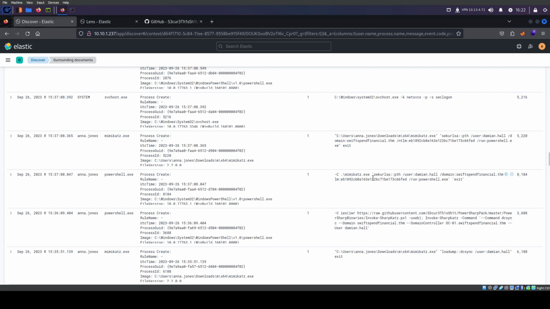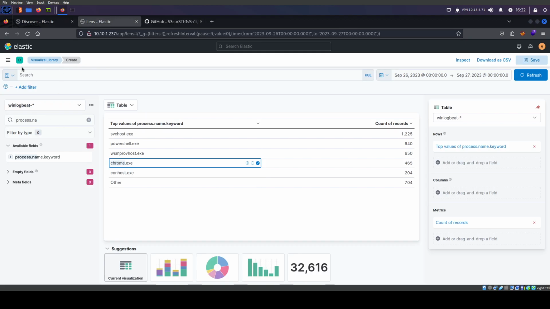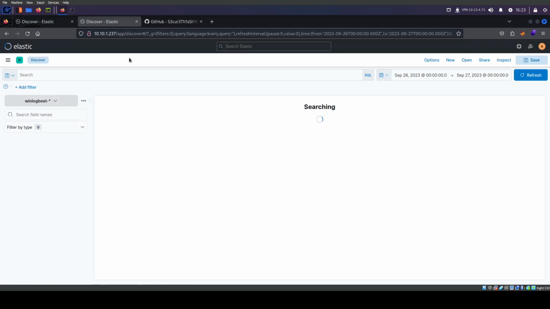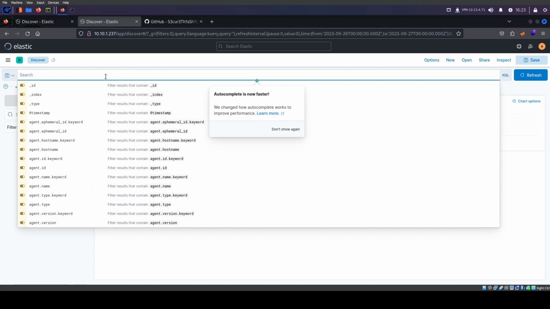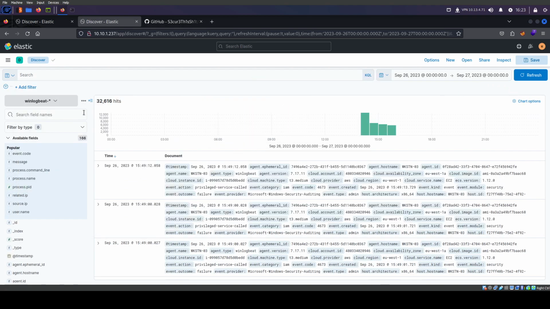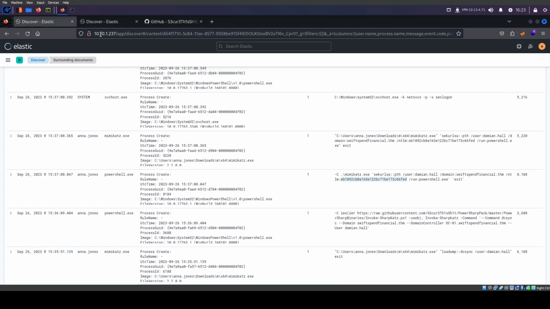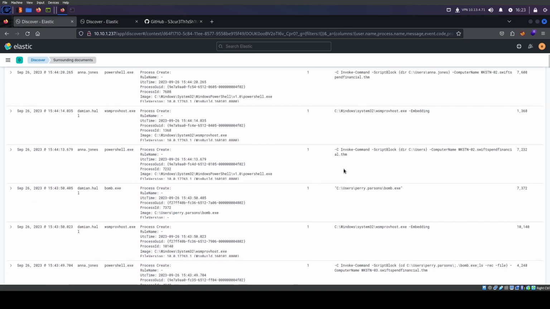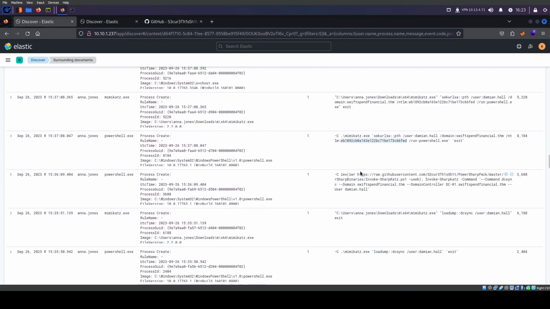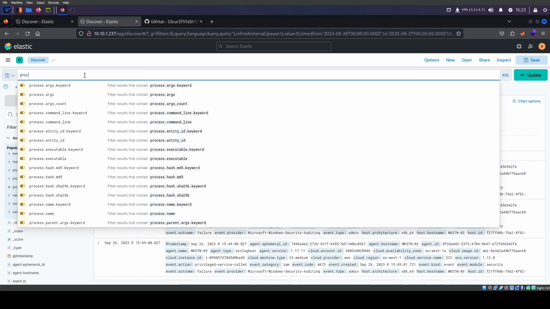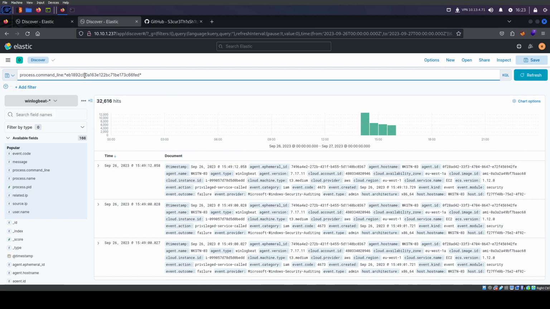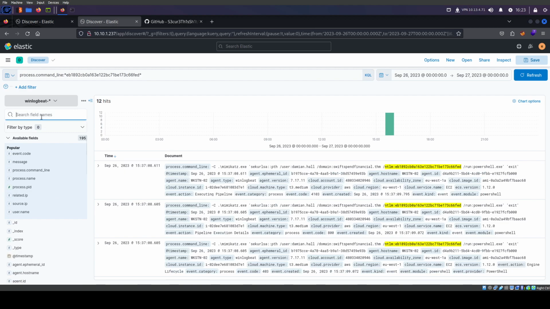So how did it get there? Okay, let's see. I want to see the output. Just go to Discover. Yes, confirm. So do we have our dates? I think we do. Yeah, we do. Okay, so what was that? That was the command line. Oh boy, process command line. So it definitely achieved it. Let's see, process command line. Put that hash in there. We're gonna do message.